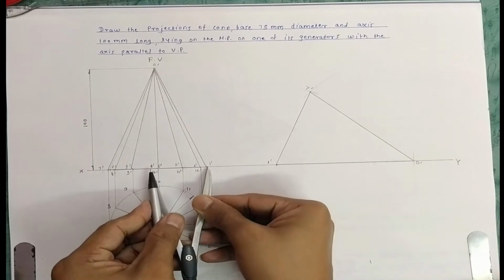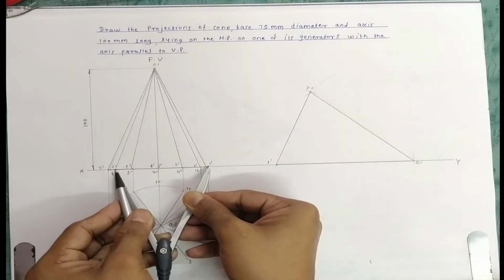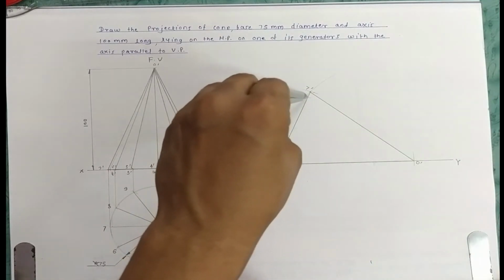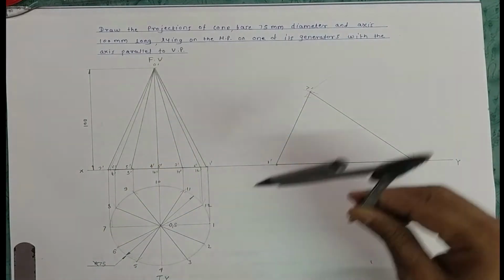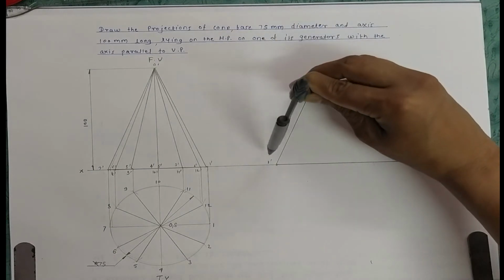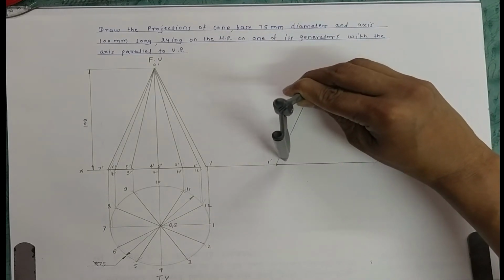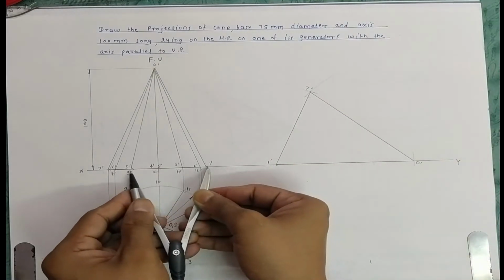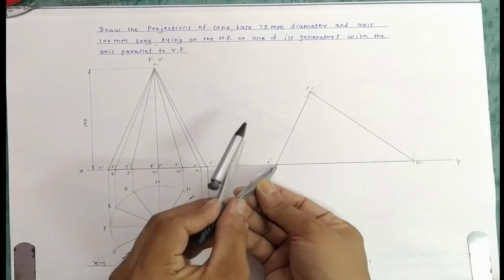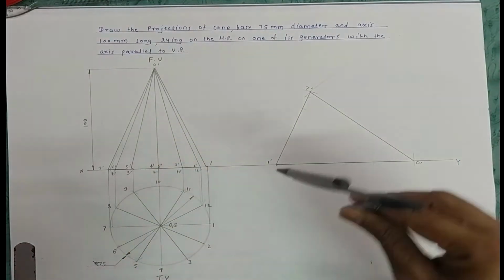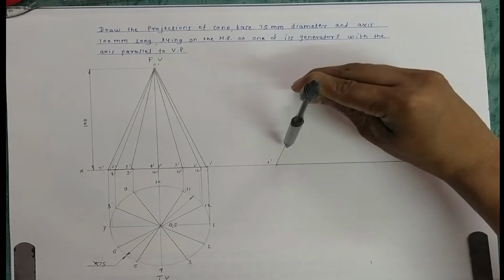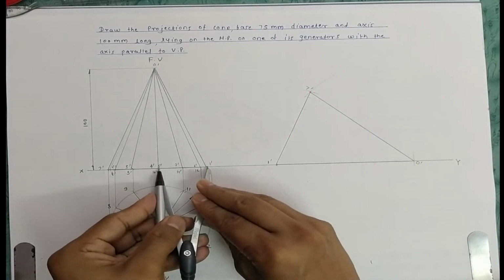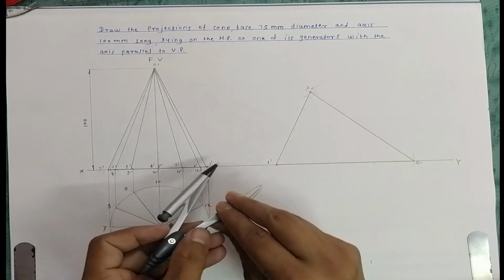In the compass, take a distance of size 1 dash to 6 dash. With 1 dash as a center, transfer the points. Keep the same distance, put it on point 7 and locate another point which is equal to 2 dash 12 dash. Again in the compass, take a distance of size 1 dash to 5 dash. Put it on 1 dash, transfer the distance which is equal to 3 dash 11 dash with 7 as a center, and offset the distance 4 dash.